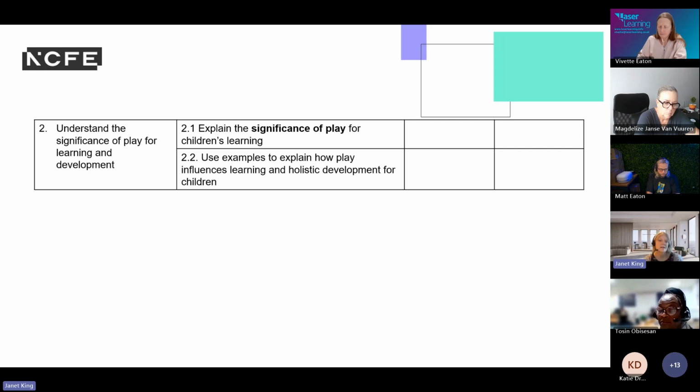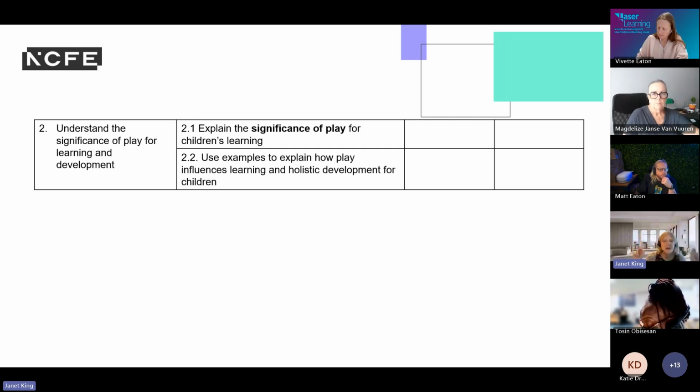So when we think about the significance of play, this is when we can really make those strong links with the other units, with Unit 2 in particular, because we're thinking about that innate desire to play, the baby's curiosity, the sensory learning, and bringing together all of the theory that you might have looked at in Unit 2, in terms of children naturally wanting to find out about the world around them. This is play, this is interaction.